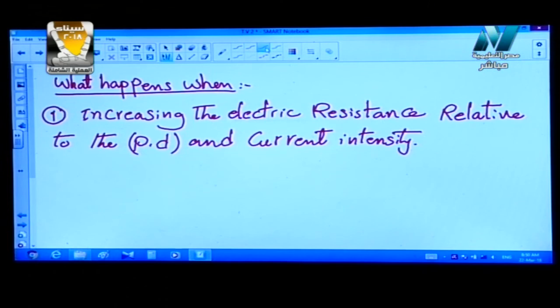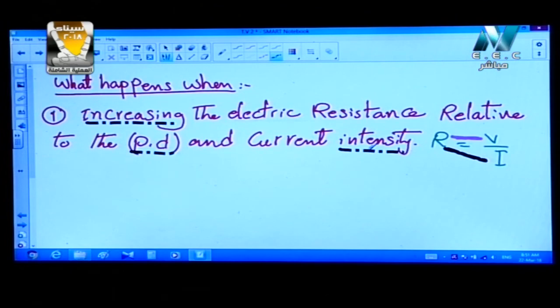طبعا here we should use the magic triangle أو the mathematical law. هقول له طبعا R equal V over I, and here we know the relation between R and V is directly proportional, and the relation between R and I is inversely proportional. So if the electric resistance increase, the potential difference increase, but the current intensity decrease. How can we get or form this answer? We use here the mathematical law to know the relation between the electric resistance with potential difference and the electric